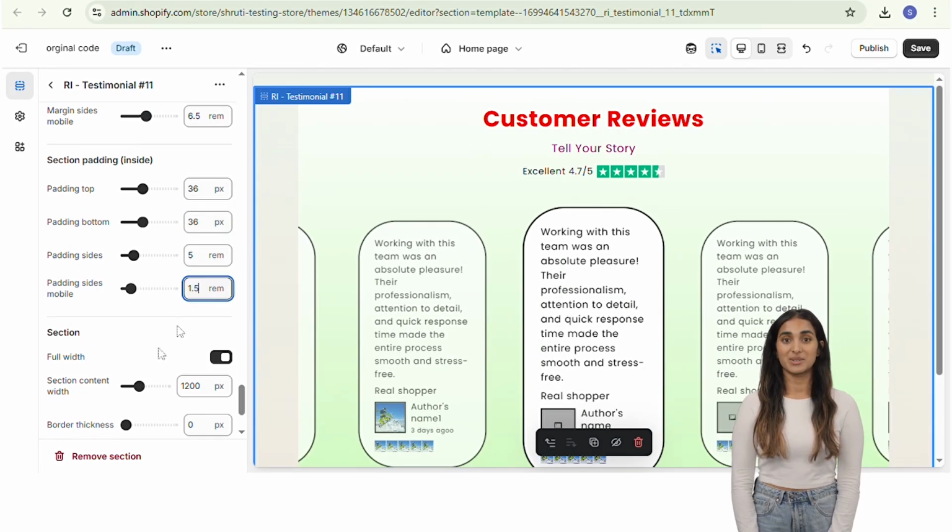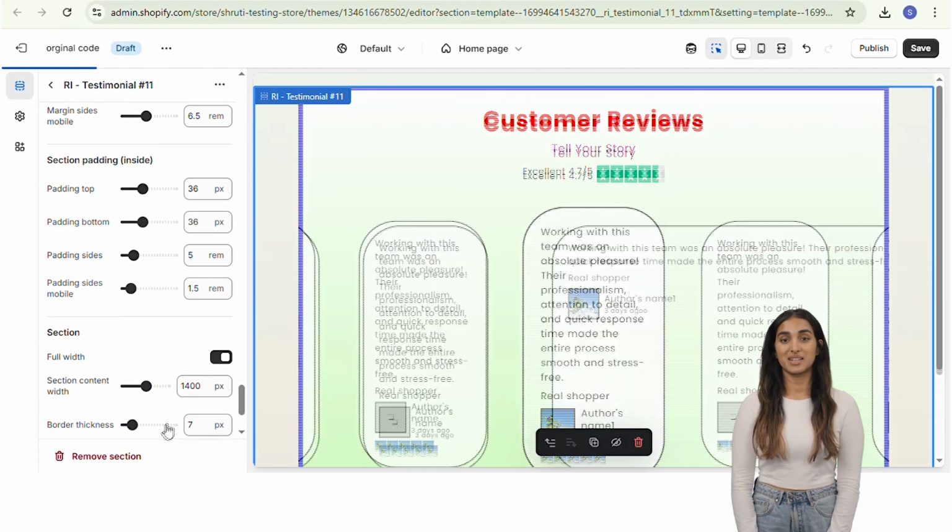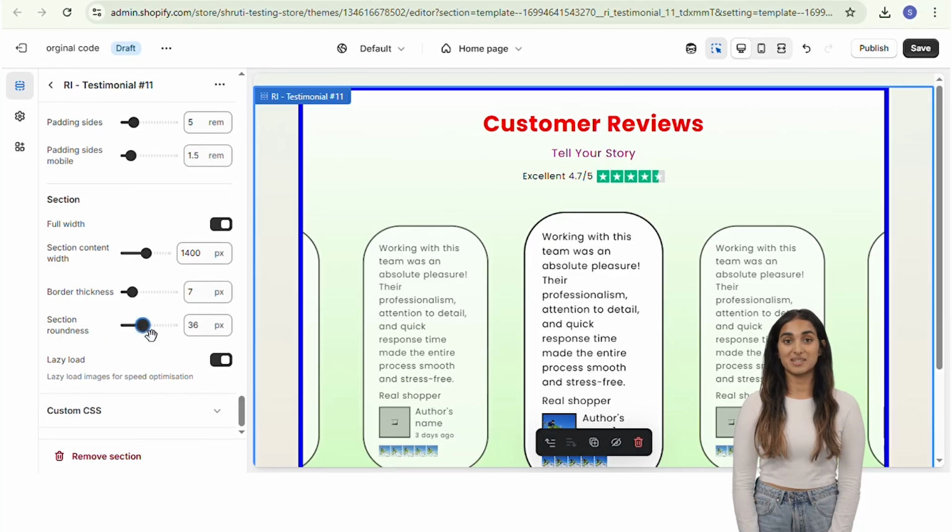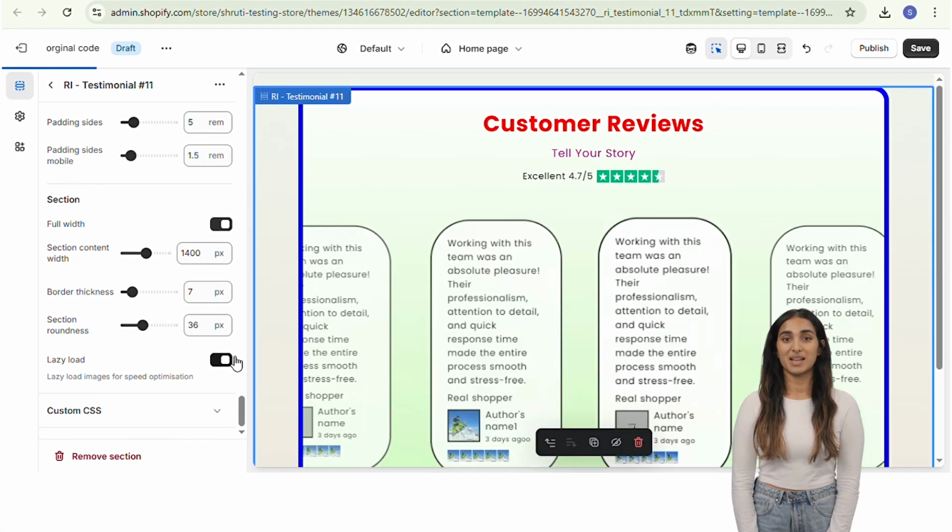Set the border color, define section margins on all sides, and adjust the top, bottom, left, and right padding to ensure the testimonial section integrates seamlessly with the rest of your page. This level of control ensures your testimonial section looks polished, responsive, and completely aligned